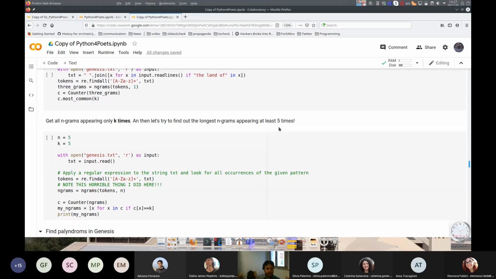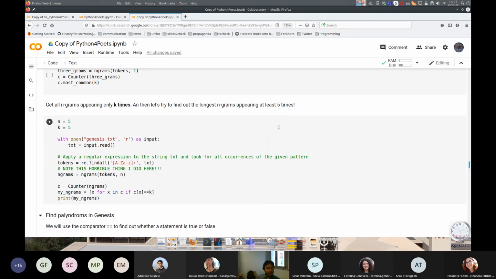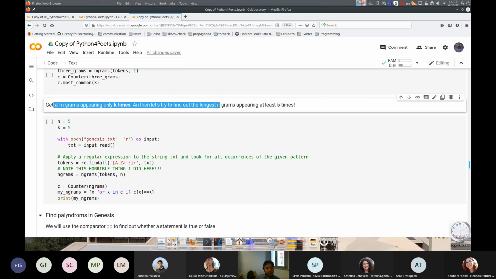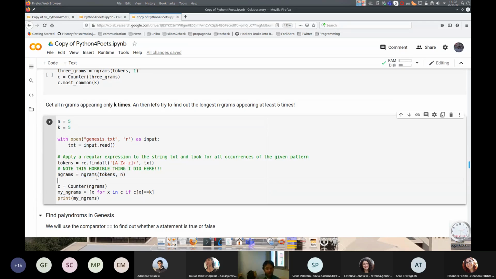So in this second experiment, which is already coded, the task is getting all the n-grams appearing k times and only k times. So I'm not referring to words anymore here, I'm referring to n-grams. The first thing I need to do is get the n-grams. If you remember, in the last lesson I already had a function to compute n-grams, which had two parameters. The first was the list of all my tokens, and the second was the size of the n-gram. If I execute this right now,